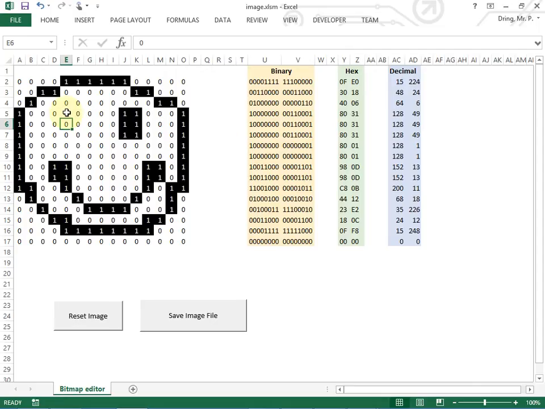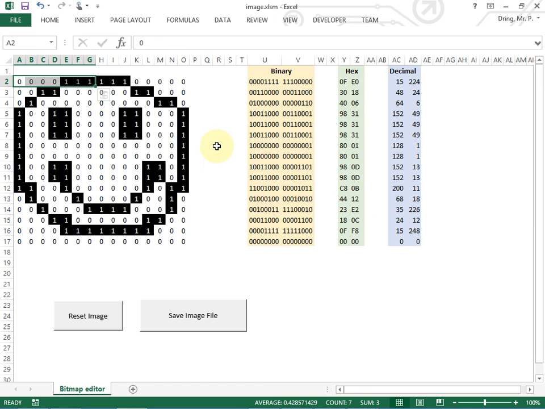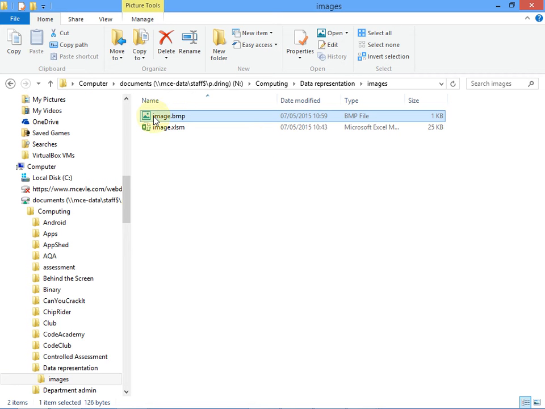We've got an image here, and you can see how each pixel can be a 1 or a 0, and that determines the colour. And you can see the binary data here. We've got a byte represented by 8 pixels. So each bit is just 1 pixel, but as you get 8 bits together, that represents 1 byte in binary. So I've converted it into hex here, and if you save this image, we should be able to see that image here, and you'd think that it would just be those zeros and ones stored inside that file,